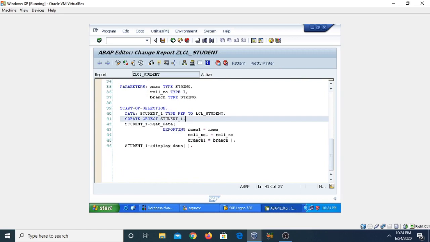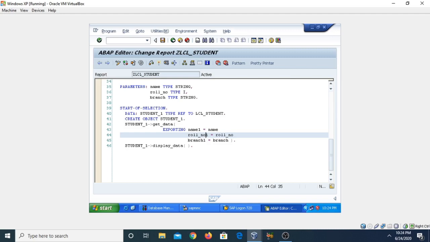Now for creating the object we use the statement create object student underscore 1. Now if we want to call the methods of this particular class, we can call them with the help of objects. So the object here is student underscore 1, and then get data and passing the actual parameters.